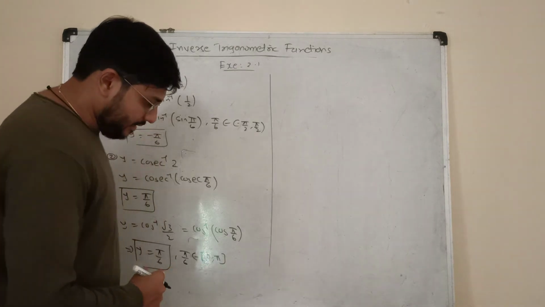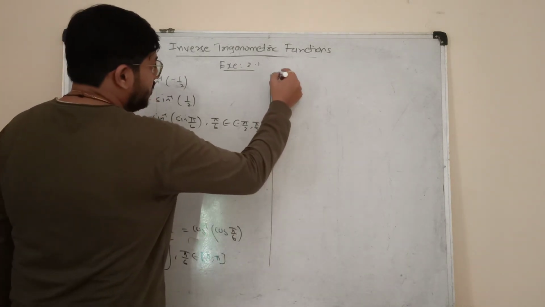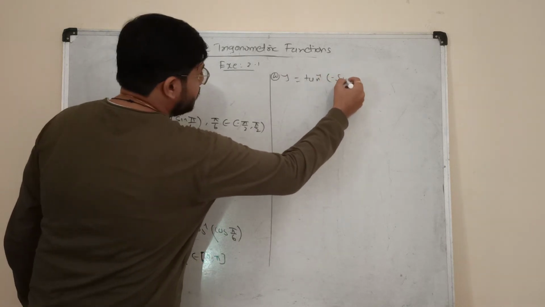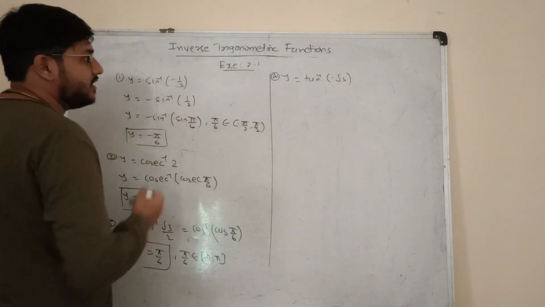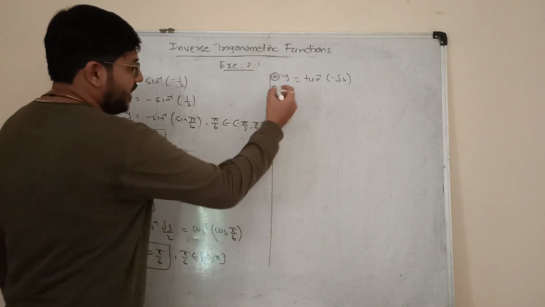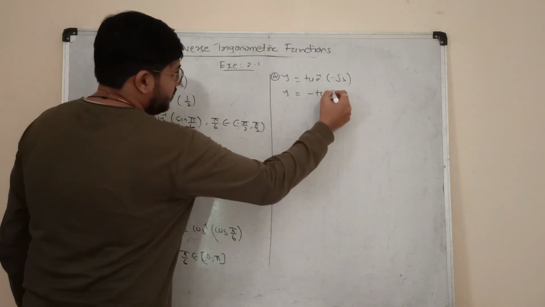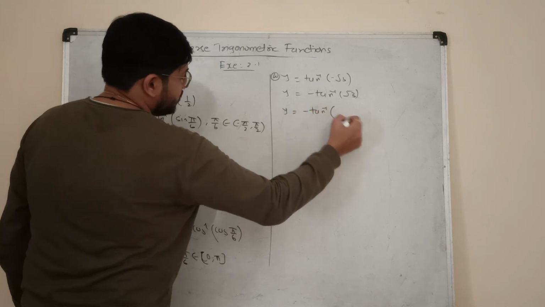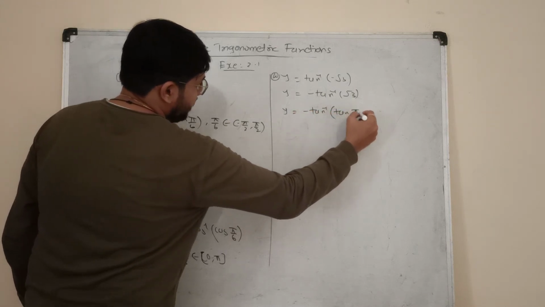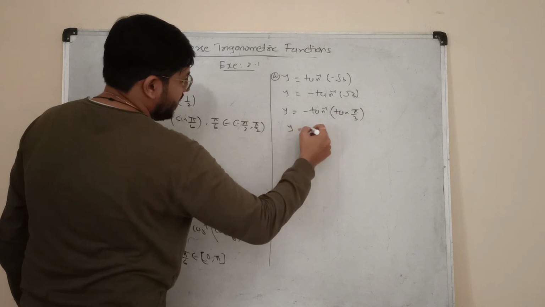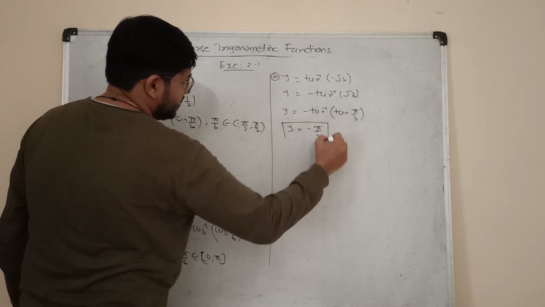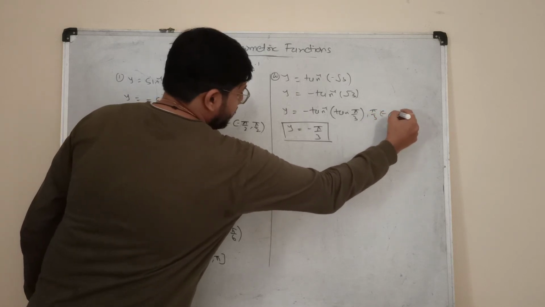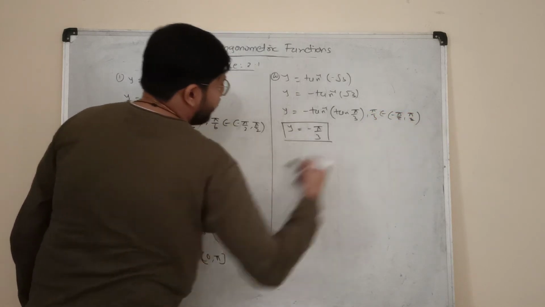Okay, next in number 4 we have y equals tan inverse of minus root 3. So tan inverse is an odd function, right? So we can keep the minus sign outside, and then in place of root 3 we can say it is tan pi by 3, and now function and inverse cancel, so it will be minus pi by 3. The reason is here the pi by 3 belongs to minus pi by 2 to pi by 2.